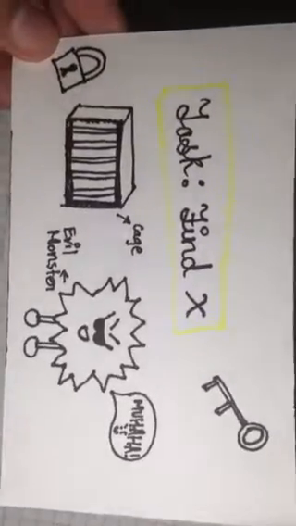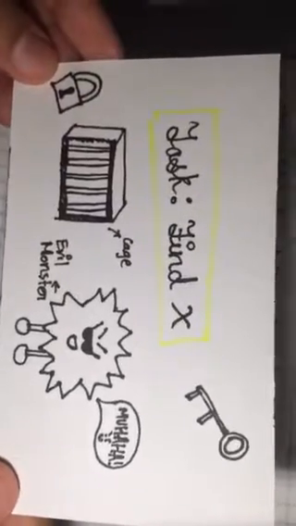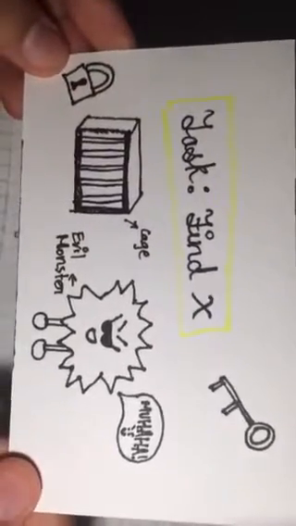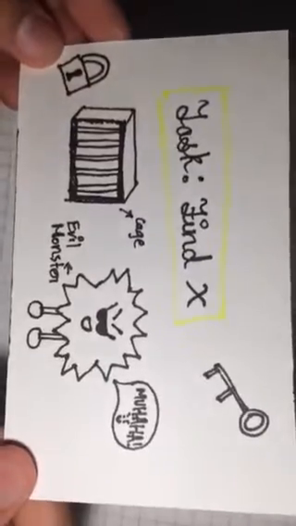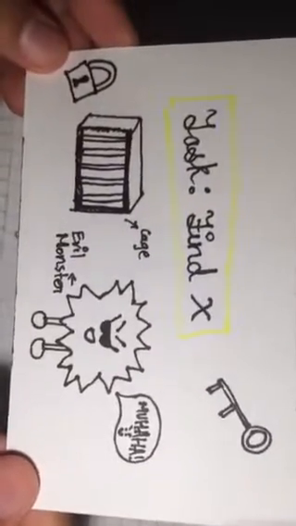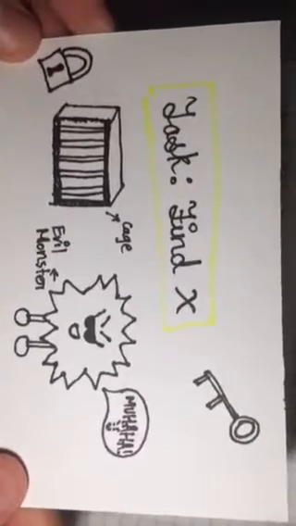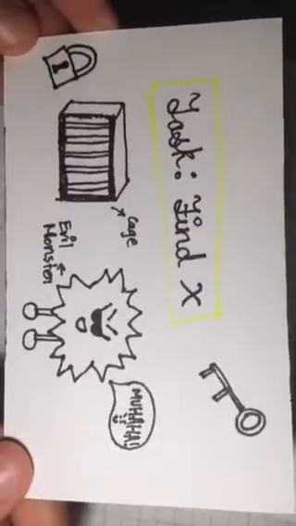An evil monster has trapped you inside of a cage and debates whether he should eat you or not. He feels sorry for you, so he gives you a key, but it has a missing thing. It misses the X. So he gives you a problem and says that if you can find the X in the problem, he'll let you plug that X into the key and unlock the lock and walk free without him